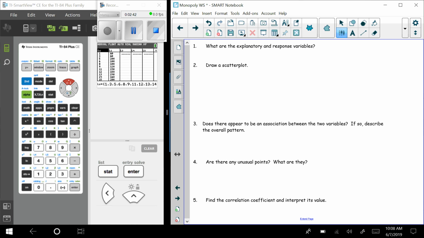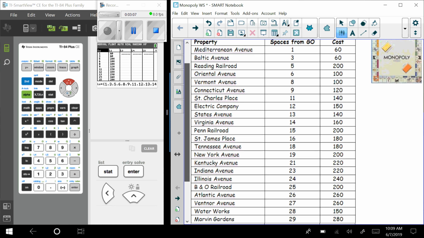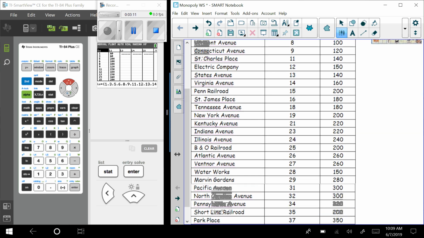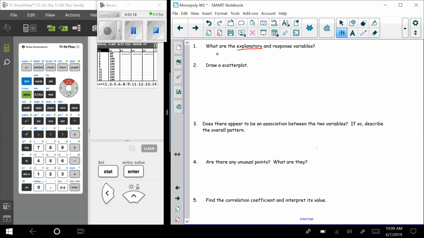So it says, what are the explanatory and response variables? In each experiment, it could be kind of different, but in general, which variable is being used to predict the other one? When I think about it, I would like to know, if I'm a certain distance from Go, that should determine how much something costs. As I move up the board, or away from Go, I think things get more expensive. That's a general claim, and we can see that that's what it looks to be on just the table. So the explanatory variable